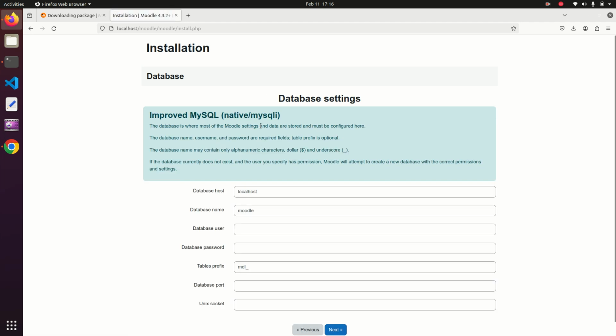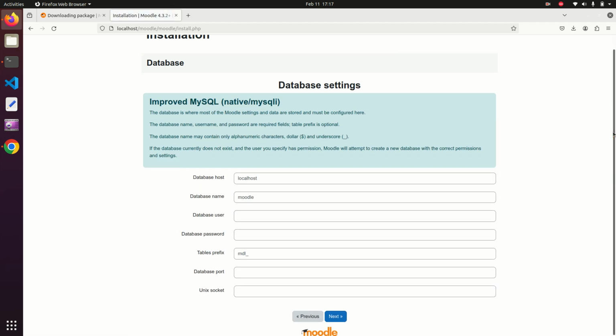After that, it is asking for the database settings. For the database settings part, you have to create a user for your MySQL, and apart from this, you have to create a database as well. I already have a MySQL user, and I have a database. So what I'm doing here, I am providing